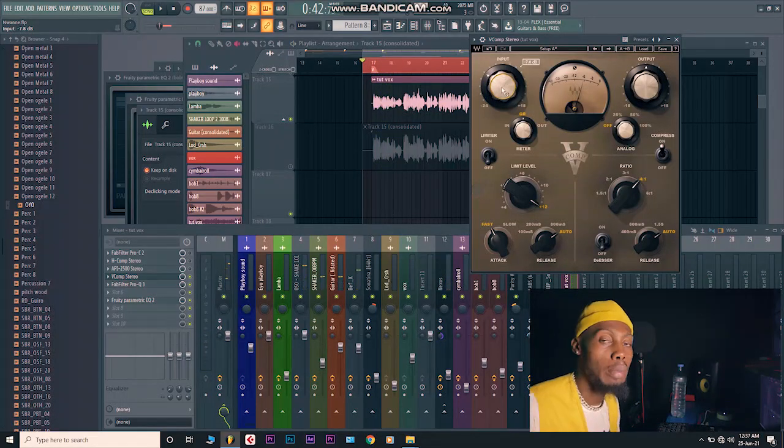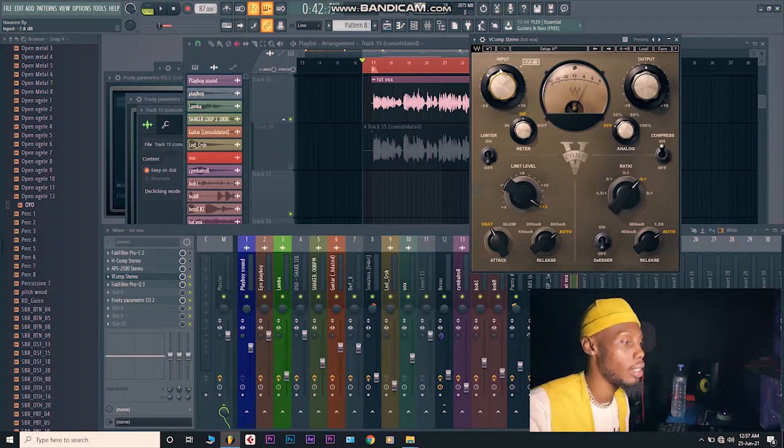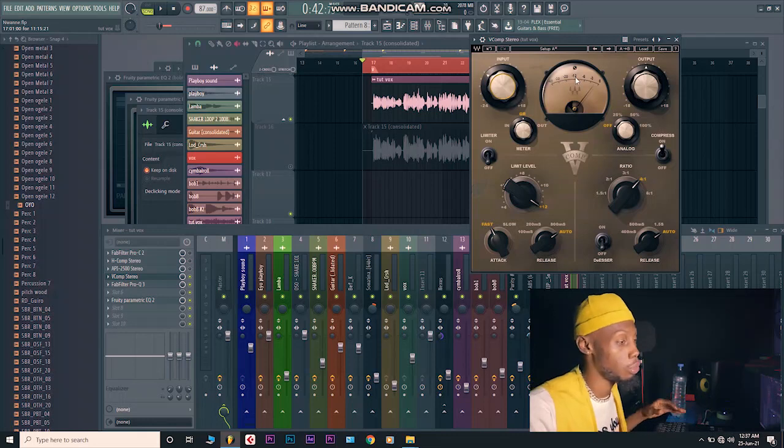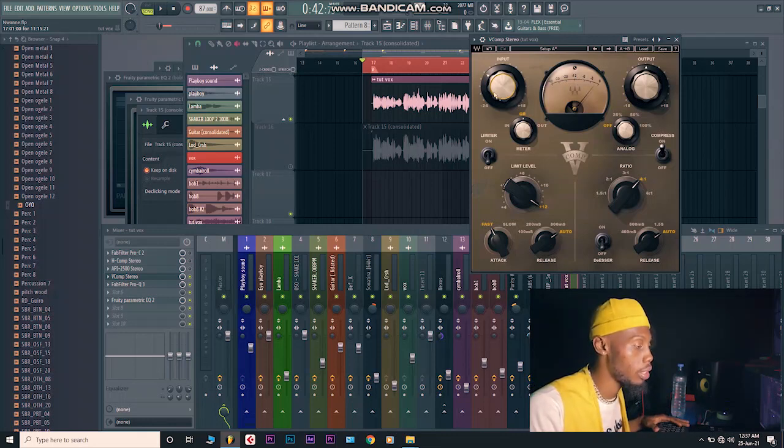In this particular one, the input is going to act as our threshold. The more you add, then the compressor already has this kind of automatic threshold stuff. It works with the input. So as I bring it in, by default it's already compressing over like 6 or 12, which I don't want. I want it to be around this 6, so I have to tweak it up or down